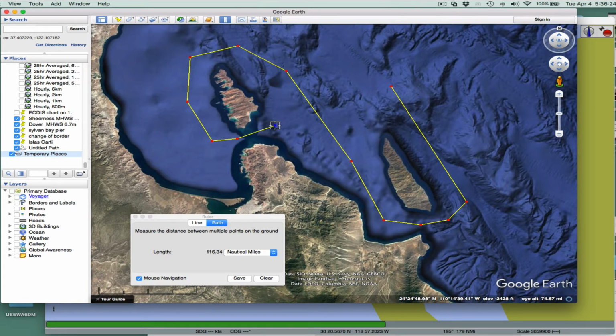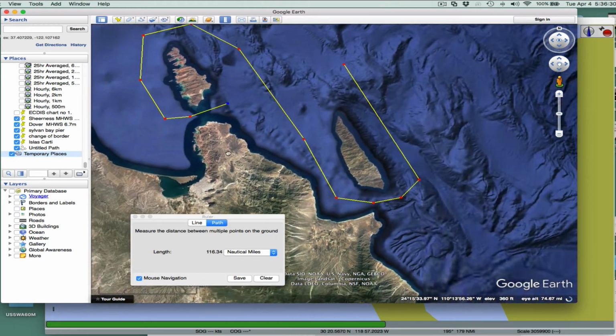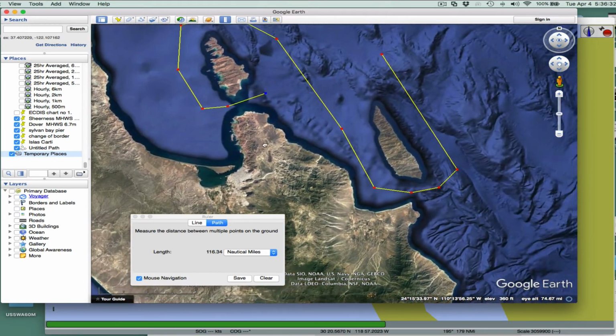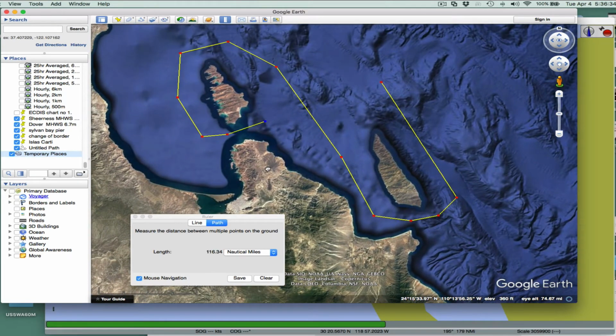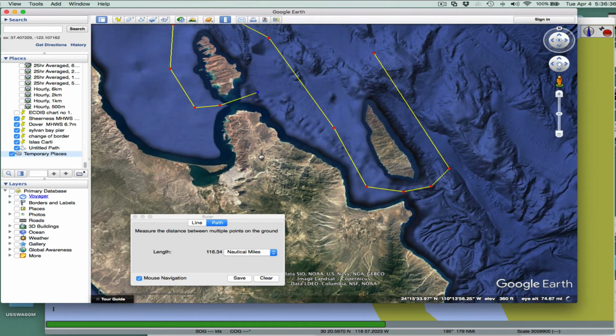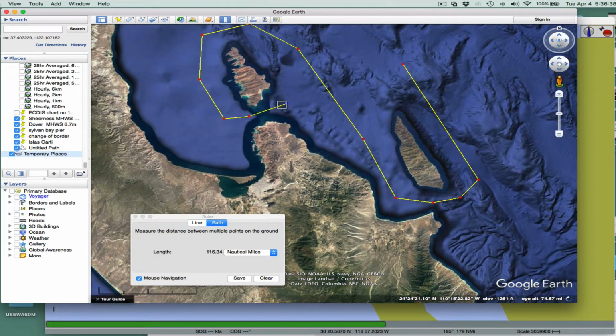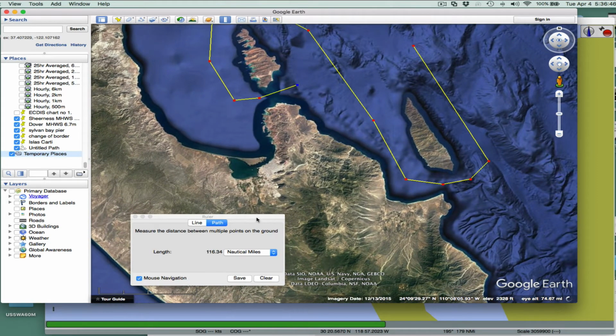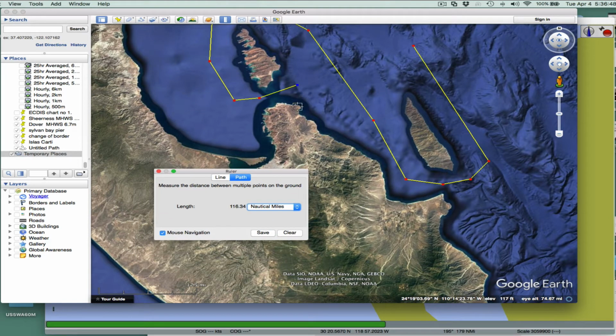You just stop at this point and move your mouse. By the way, the mouse navigation means that you could left click and move this around while you're doing your point selection. And that's sometimes helpful. And that's what it means, mouse navigation. You can then see if I let that mouse go and then just click here, it's going to add another waypoint. But if I just left click and drag, I'm doing that. Okay, so I just stop when I'm done, and no escape or anything like that,